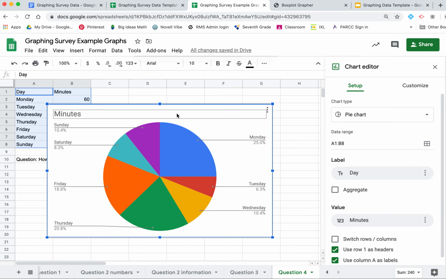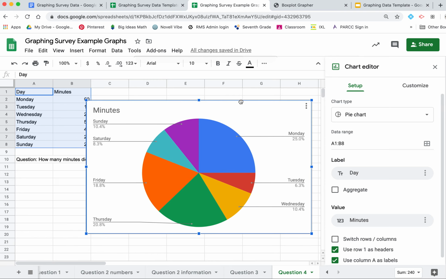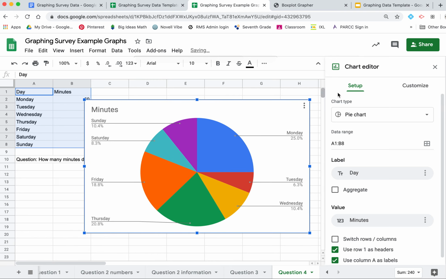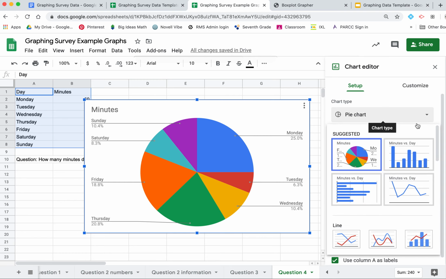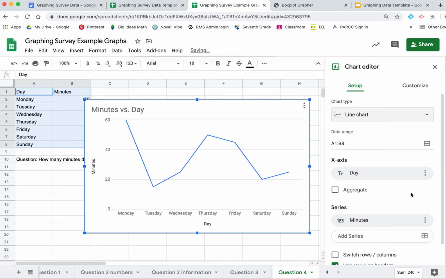Okay, so again on this one, they didn't automatically give me a chart that I wanted. I want a line graph for this one. So I'm going to make sure that I change my chart type from a pie chart to a line chart. So now that's already looking a little bit better, but